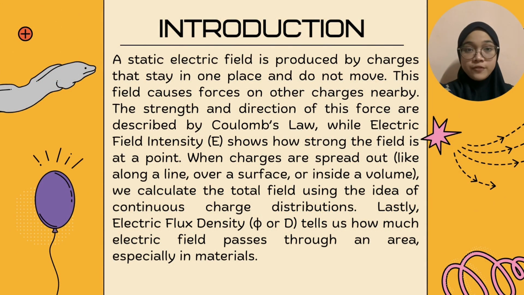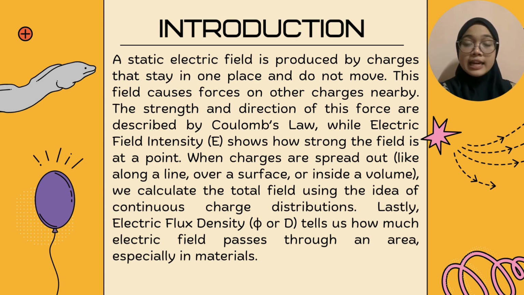A static electric field is produced by charges that stay in one place and do not move. This field causes force on other charges nearby. The strength and direction of this force are described by Coulomb's law, while electric field intensity E shows how strong